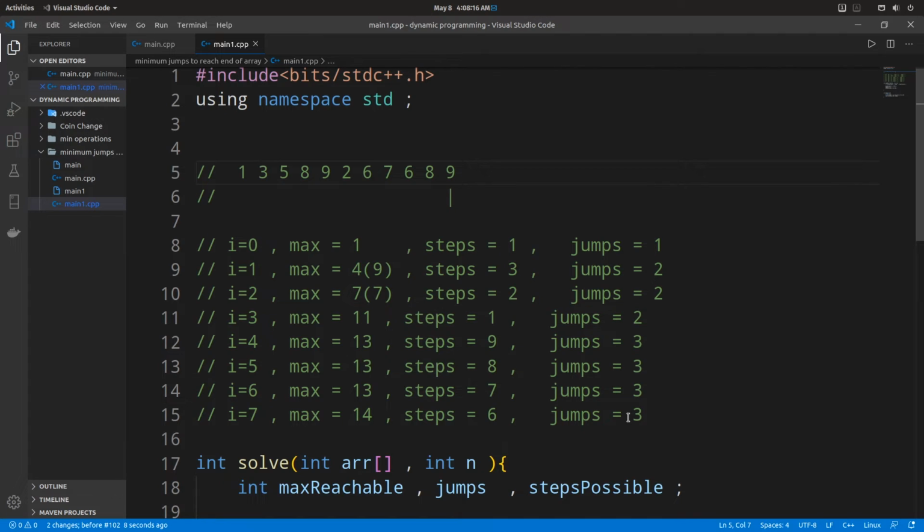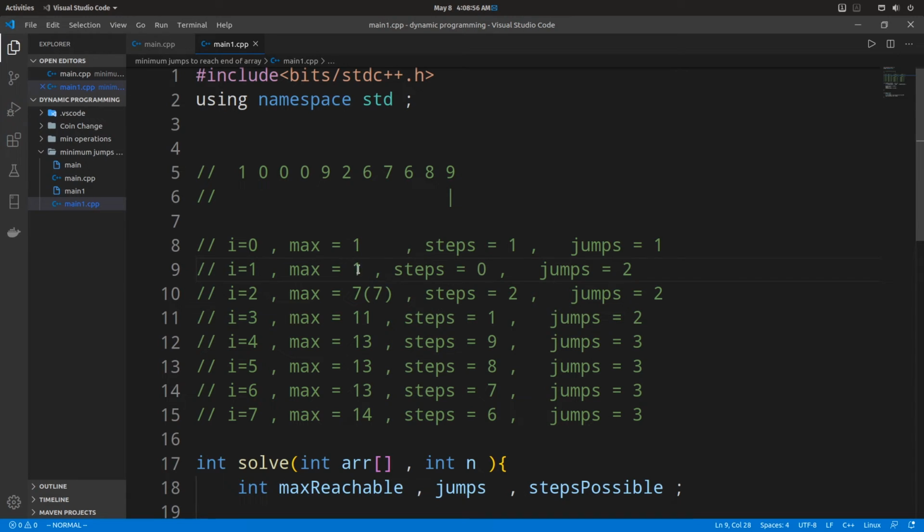So let's say these three elements were 0. Now when we are looking at the index 1 here, the maximum reachable index was initially 1 before. Now when we find the current max value, it is 0 plus 1. So max reach index is 1 itself, and the number of steps had become 0. So we increment the jumps, and we reinitialize steps to be max reach index minus i, that is 1 minus 1, that will be 0.